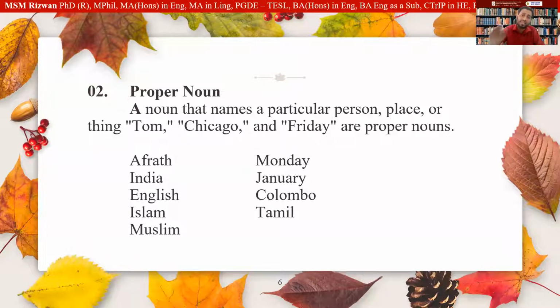A noun that names a particular person. So here you have to specifically understand the term proper nouns, right? A noun that names a particular person, particular place, or thing. Now, say for an example, Tom is a particular person is mentioned here. Chicago, now you see here a particular place. Friday is a particular day of the week, right? So here we call it,